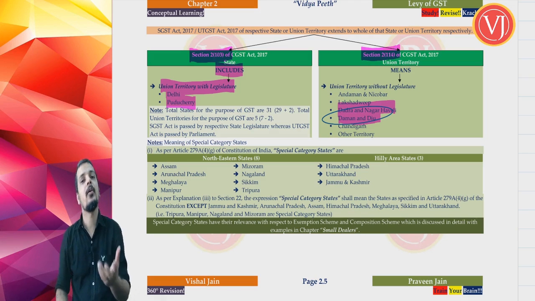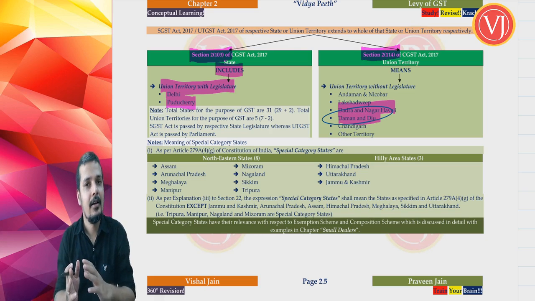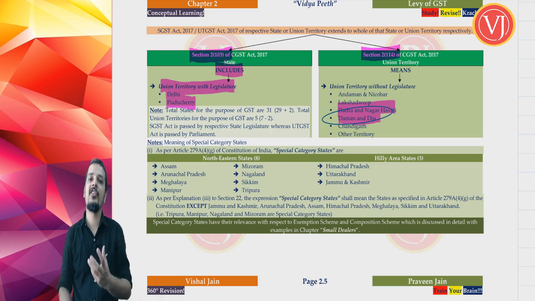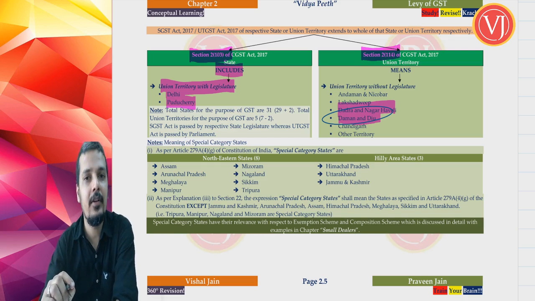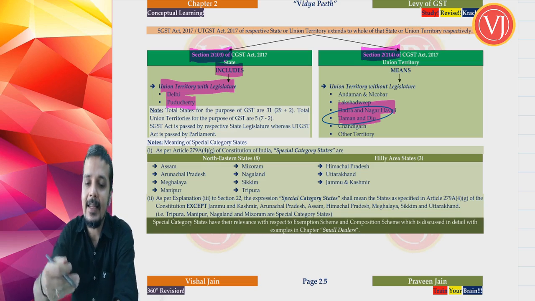But we are going to still learn Jammu and Kashmir as a state. Friends, you all know that after removal of Article 370, Jammu and Kashmir state has lost its special status. Right, now it has been divided into two. We are not touching that aspect. Why? Because the provision which makes it effective in the Act, the effective date is yet to come.